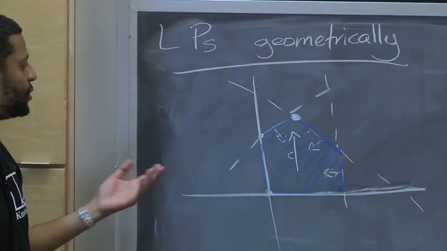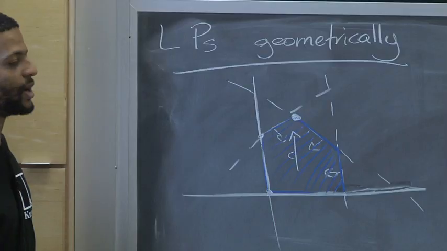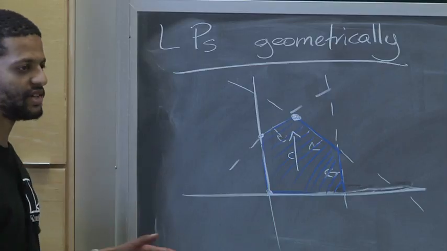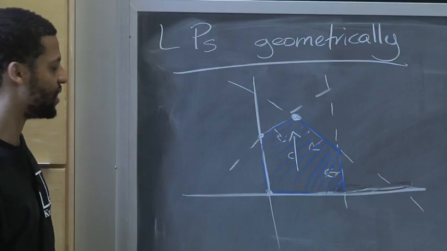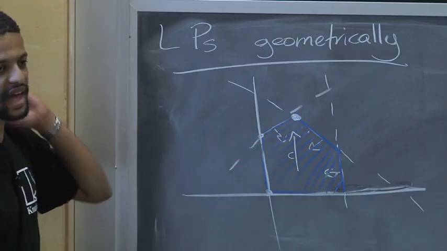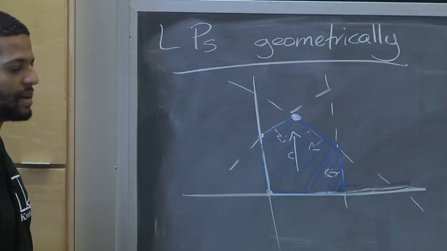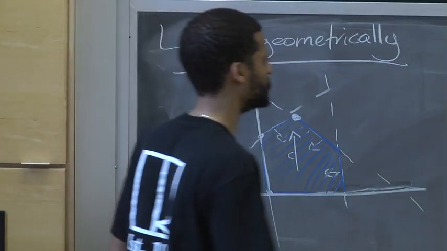So there's an issue of, how do you get an initial vertex? How do you prove that there's always a better vertex that's adjacent to you? And if there are many adjacent vertices that are better, how do you choose one? Or does that matter? And also, how do you even know that the optimal solution is attained at a vertex? Okay, maybe vertices aren't always optimal.